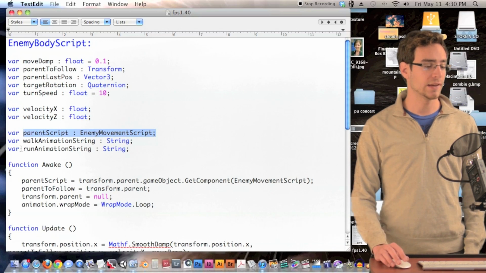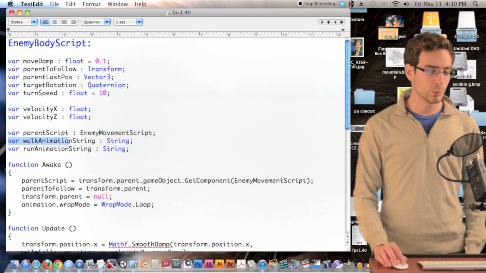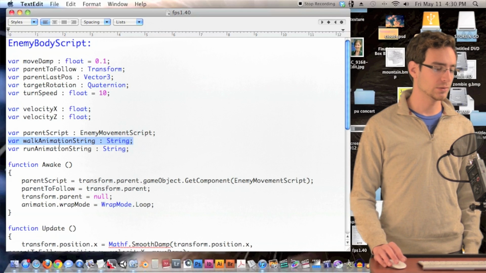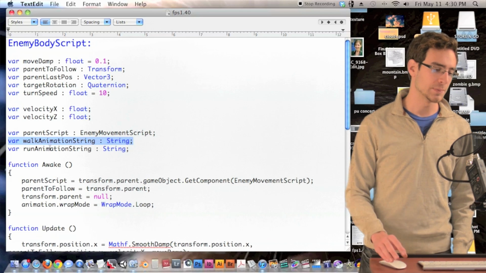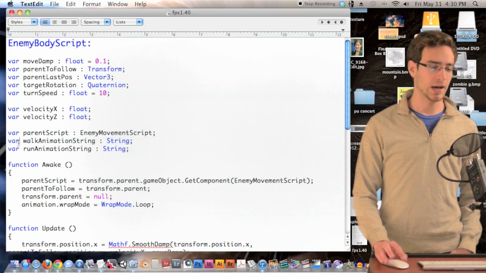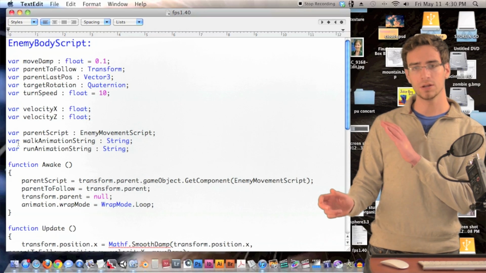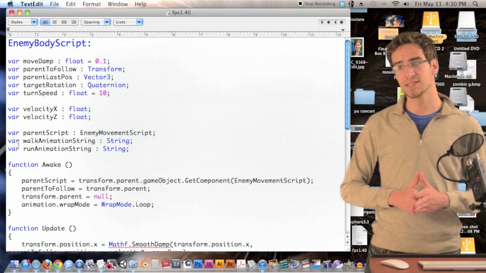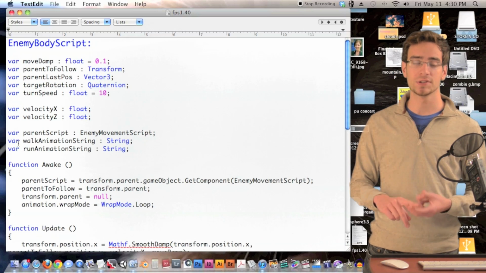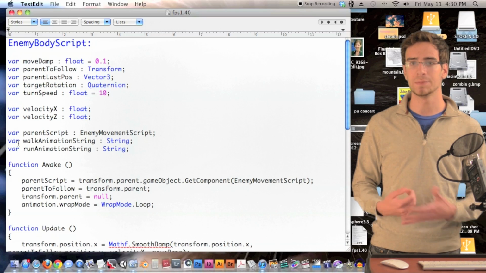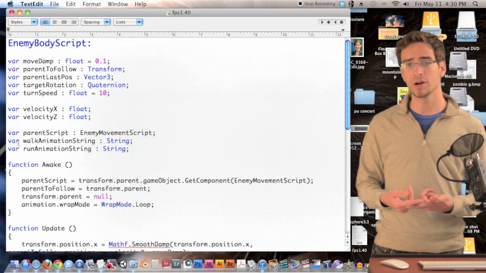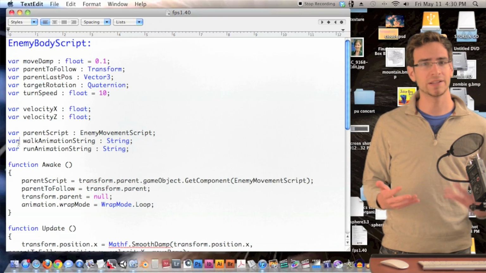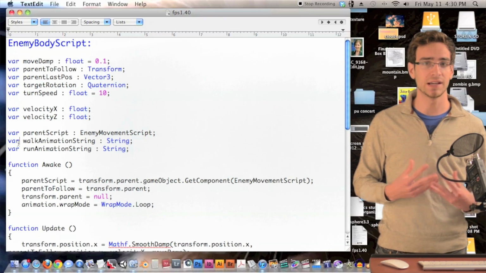But anyways, we have two more variables. We have walk animation string, and this is of type string, and run animation string, and this is of type string. This is just like how on the gun we had the reload animation string. We need to save a string just because later on you might want to do different versions of the walking and running animations. Like, let's say you create a walking animation and it looks pretty good, but later on in your game you want to polish things up and really start getting it to look nice, and you think, hey,